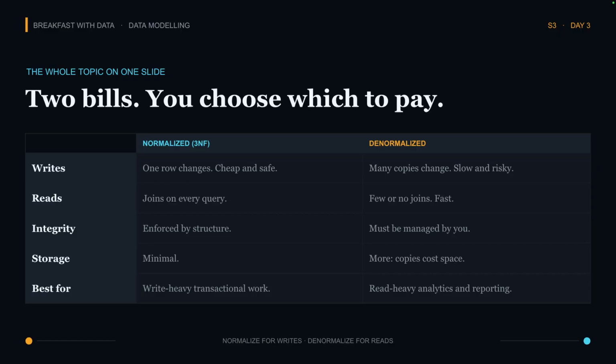So a table for normalization is normally less heavy than a data warehouse, right? When you denormalize, you introduce redundancy, right? The table gets bigger, and depending on the kind of analytics that you're doing, if you are keeping history of every change, which is a very, very common practice,